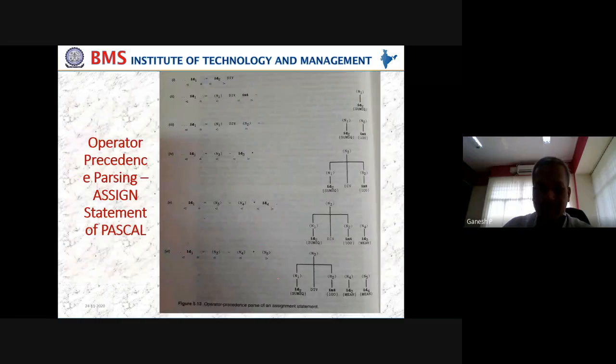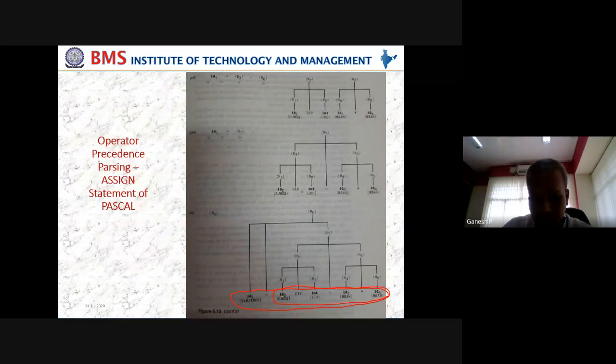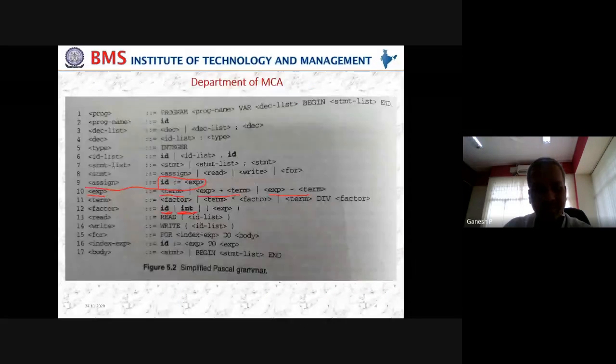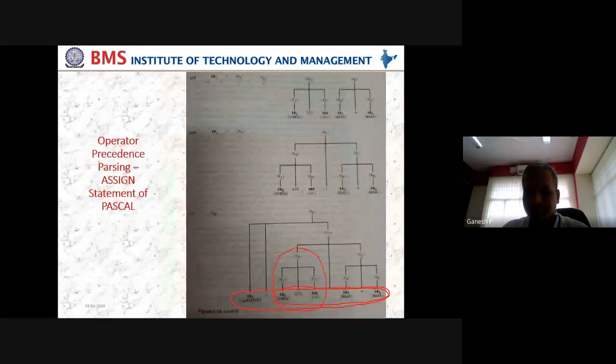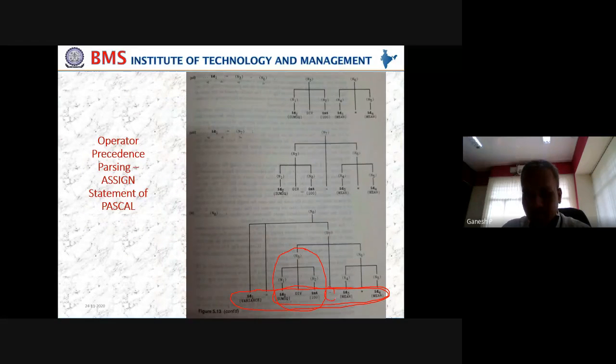Let us see what we have here. In this case, we have sum SQ, which is an ID, followed by division, and then an ID again, 100, which is an integer. So this is valid now. This entire group is a valid group, because we have ID divided by 100, which is a factor here. What is a factor? A term can be division or multiplication. We have followed that. Next, we have the minus symbol, which is also part of the grammar.